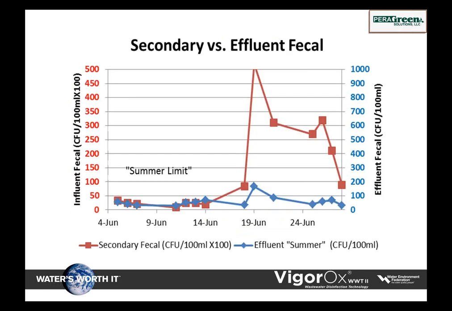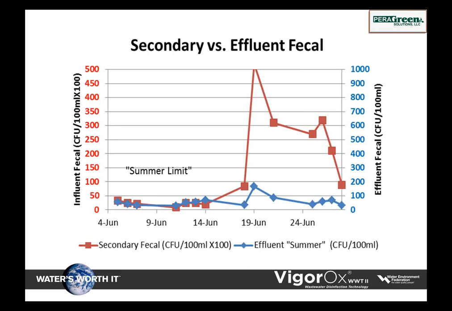Now, this slide is a little busy, but the next slide will be busier. We were running along in June of 2012, and the summer limit's 200. And what we found is that all of a sudden the secondary clarifier burped. We got up to 52,000 CFUs per 100. We don't know why it burped. We saw solids carrying over. We're concerned: do we increase the PAA levels? We just let it ride because it was flow pacing. We started taking tests. We never changed the dosage.